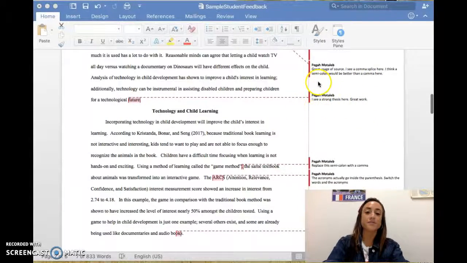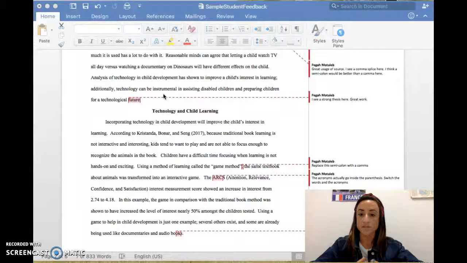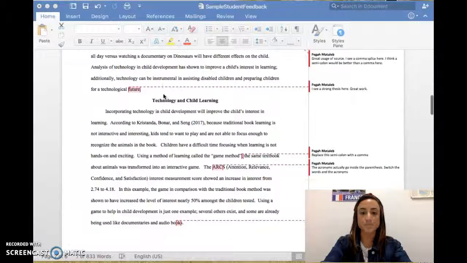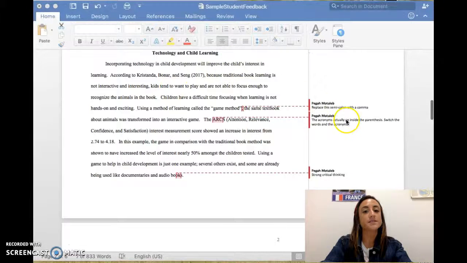Another positive piece of feedback that Professor Motalib gave is that this is a very strong thesis. So now the student knows, okay, my thesis is strong, so maybe let's go back to the body paragraphs and see if everything that I'm saying aligns with my thesis, so that the student has something positive to work towards. As you can see, Professor Motalib also gives a lot of feedback about grammar, for example, replace the semicolon with a comma.